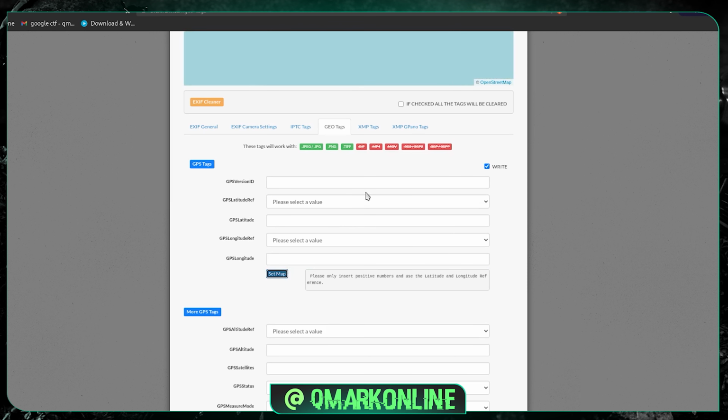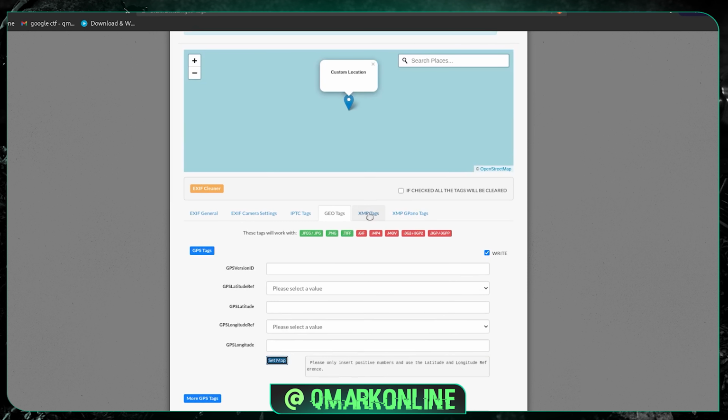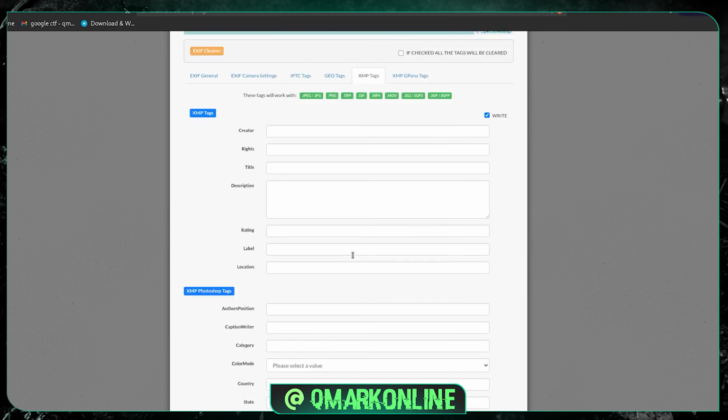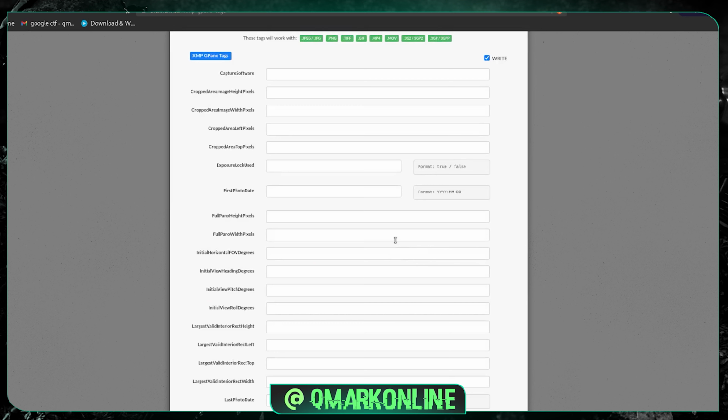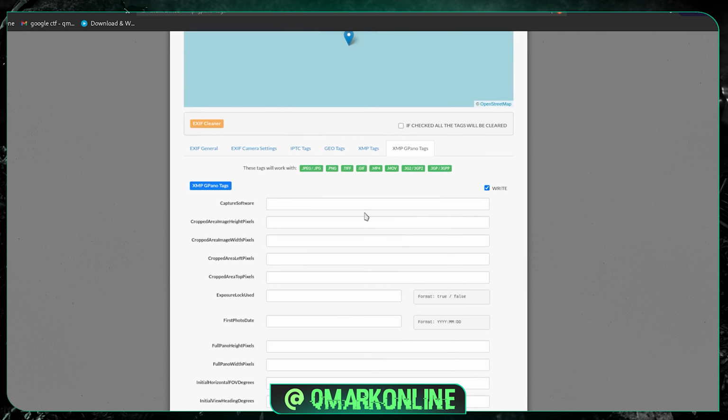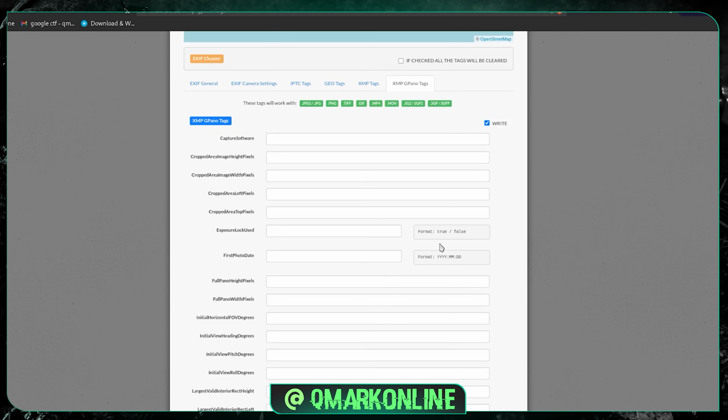So now once it is done, then you need to set the map. So now you can see there is no location data in this image. So likewise, you need to go through all the tags and just remove all the information that is not necessary for this image to be shared. So once this is done,